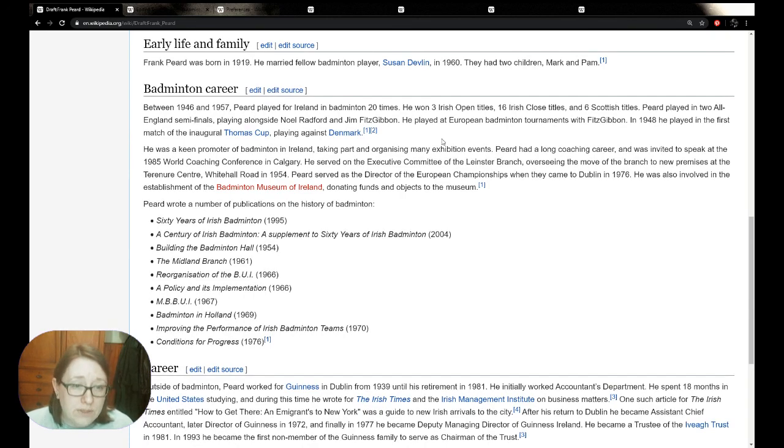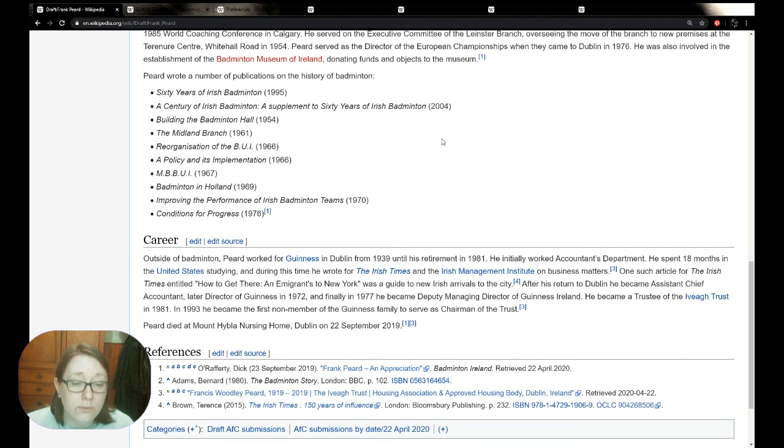I'm quite happy with this article as it is for the amount that he was involved in the Irish Open and the other work that he did. He was involved in the Ivy Trust here in Ireland. I was surprised that there wasn't more actually written about him. He didn't have an obituary in the Irish Times or anything like that. But he did have Badminton Ireland, obviously had quite an extensive